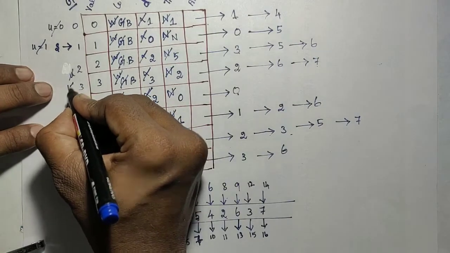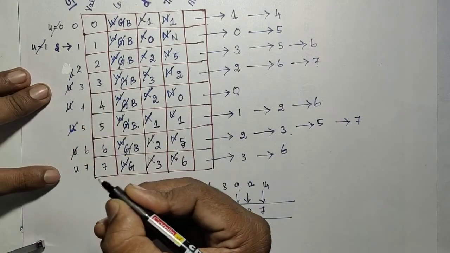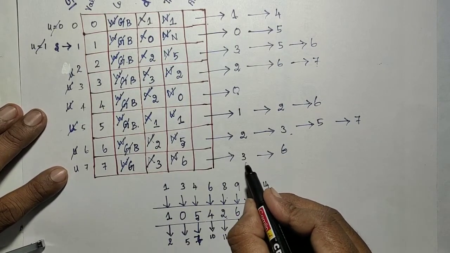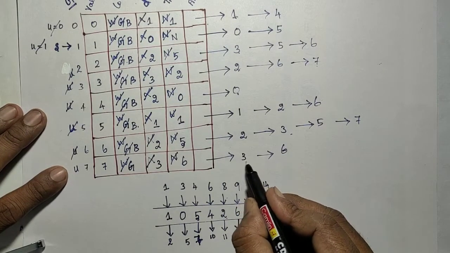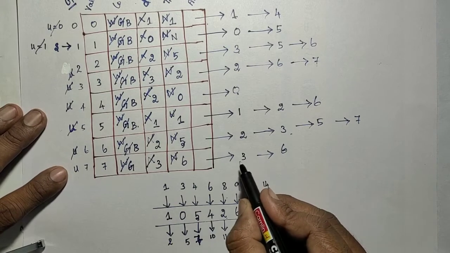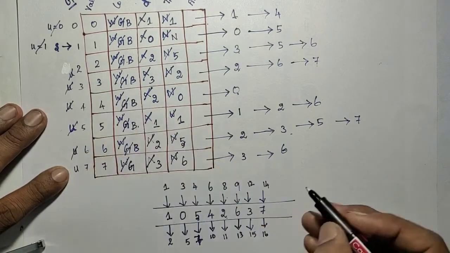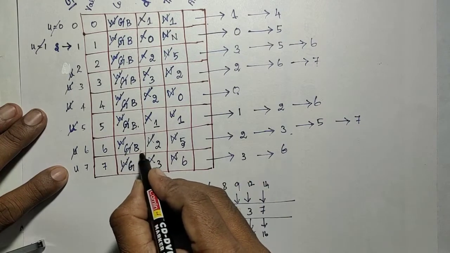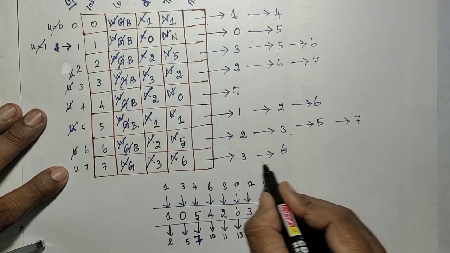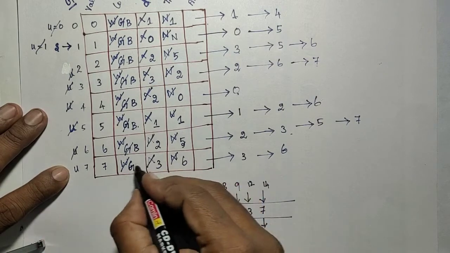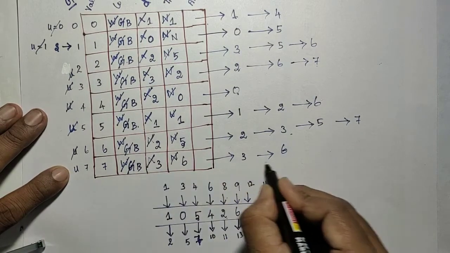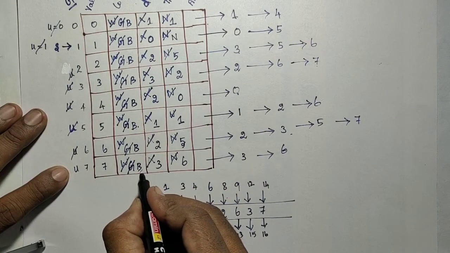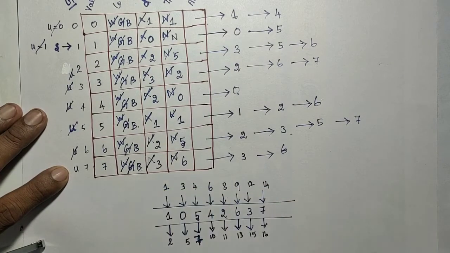So now u is moved to the 7th node. I need to look for the 7th node's adjacent nodes. Adjacent nodes are 3 and 6. So you check for 3. 3 is already visited. No need to do anything. And 6. 6 is also already visited. So 3 and 6 are both visited. So now that color has to be changed to black. So no more adjacent nodes for the 7. Okay. So that will be marked as black. Then go for the next iteration.